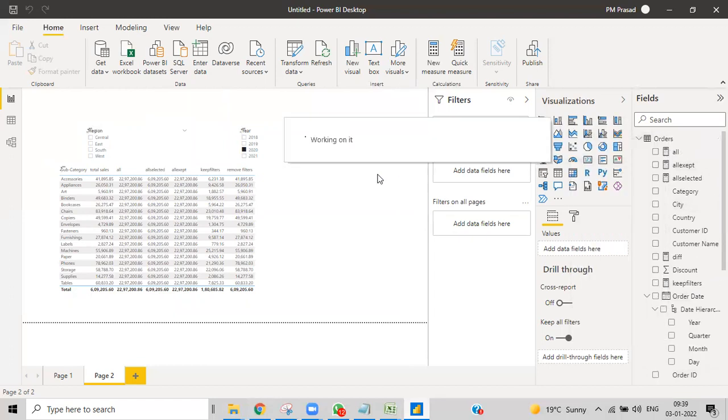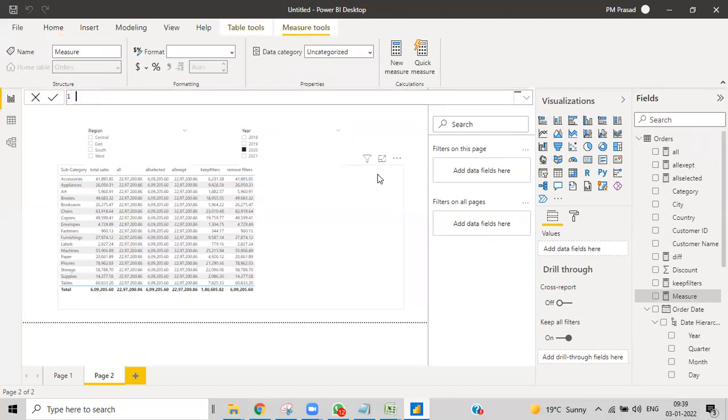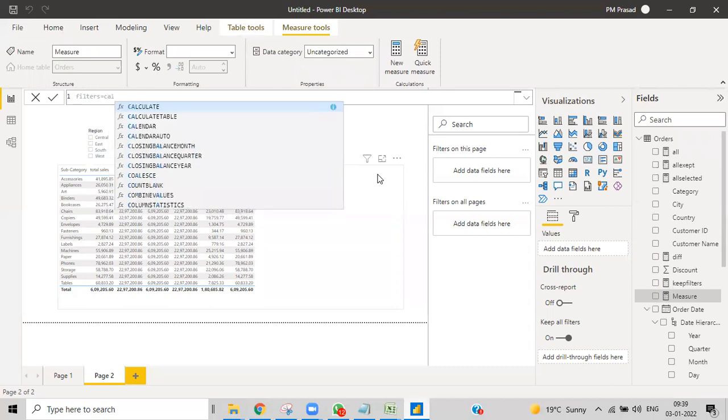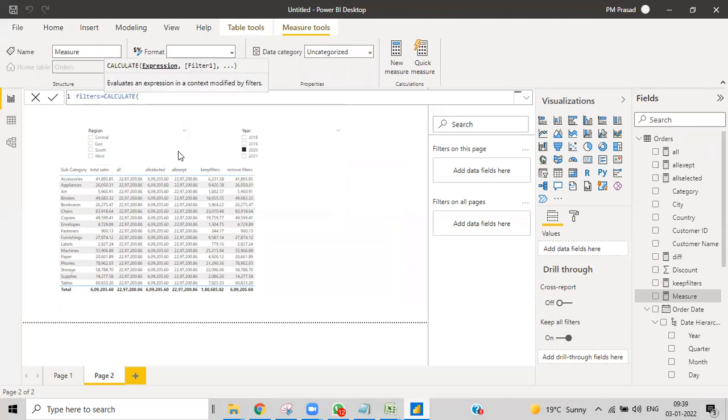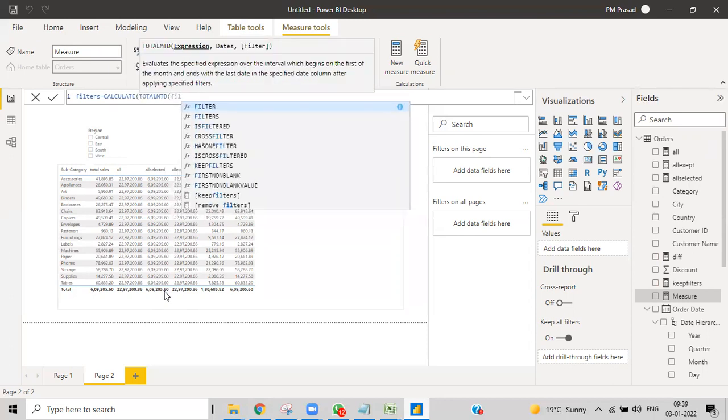You can make it in several ways. Filters equal to, calculate again. I'll show you in different ways. Total sales and filters.